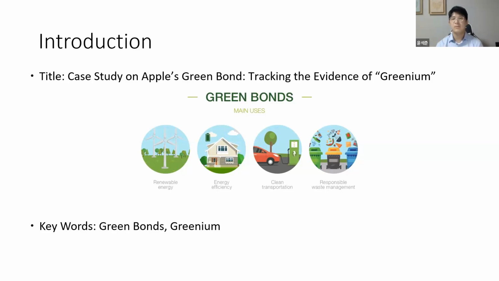But now, what I'm going to explain, greenmium, is what is very important in my paper. Greenmium refers to a premium or a cost saving associated with green bonds compared to conventional bonds issued by the same company or entity. The greenmium reflects the idea that investors may be willing to accept a lower yield or a premium price for bonds that fund environmentally beneficial projects or initiatives. So greenmium is a combined word from green and premium.